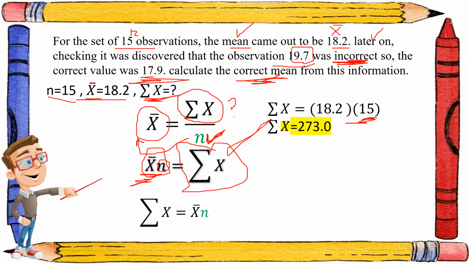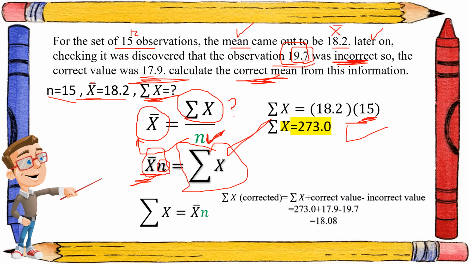But our question is not finished because the question was to calculate the correct mean from this information. We are collecting the correct mean, but you can see that there is an incorrect value, so you have to solve this puzzle also. So what we will do, just use this summation x corrected, like this is the correct value. So it equals summation x plus